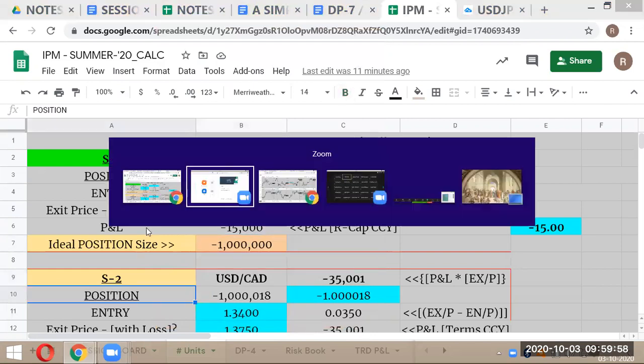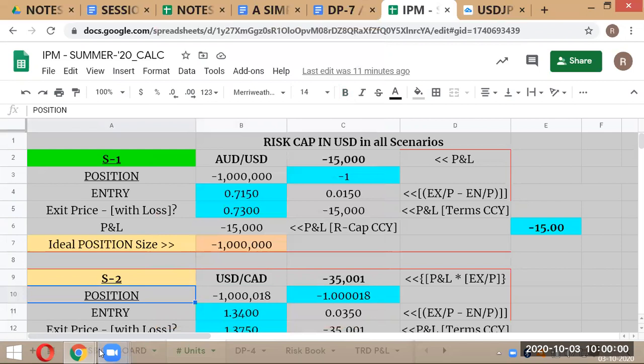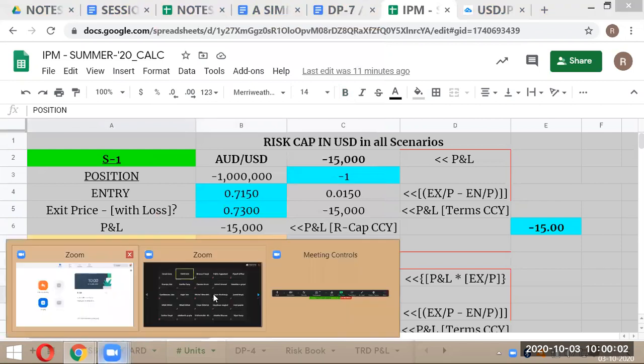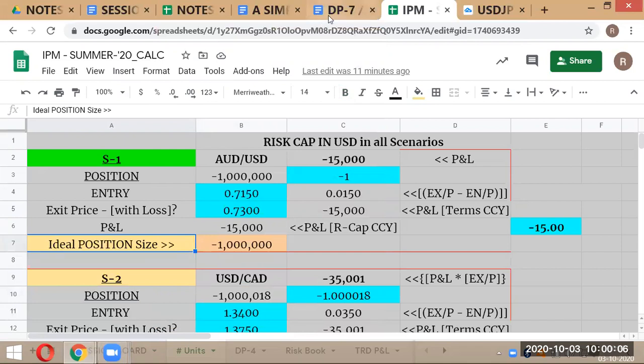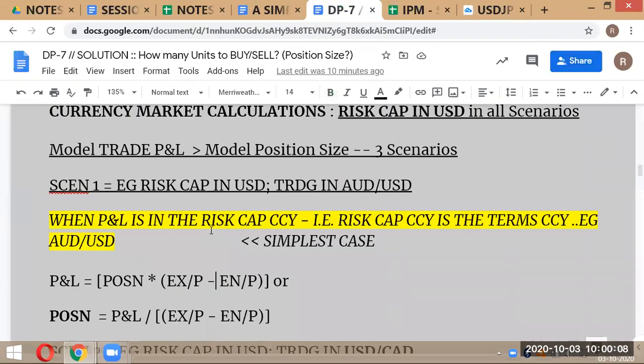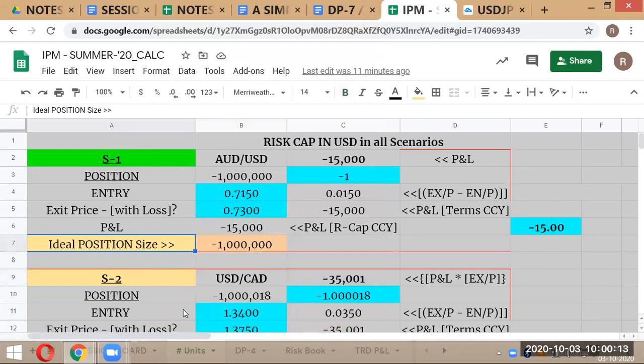All right, it's still not happening. So the first situation is the risk capital currency. By that we mean